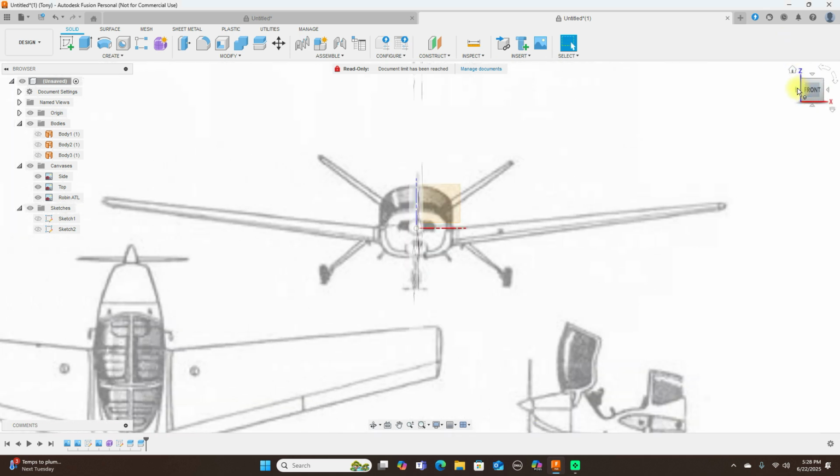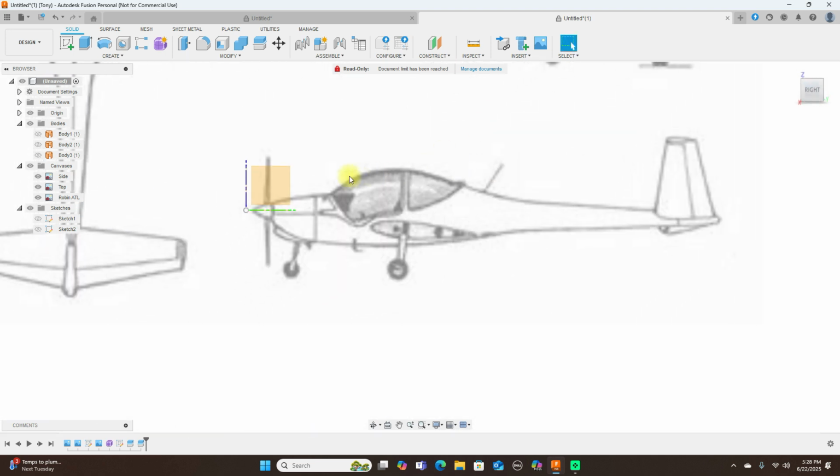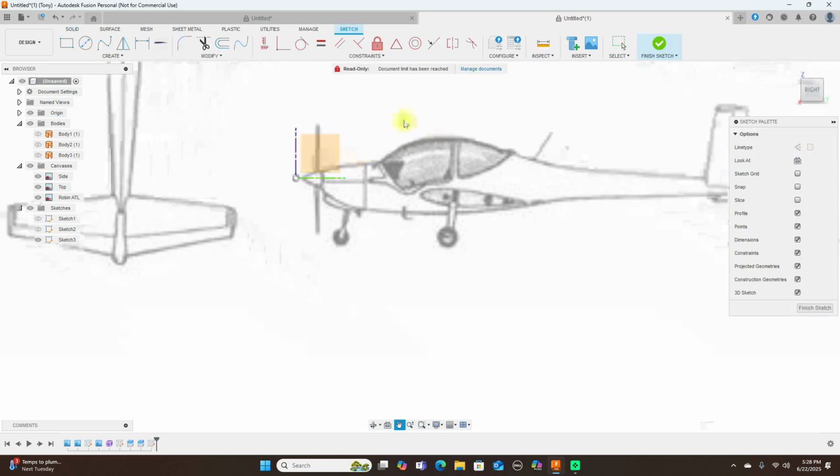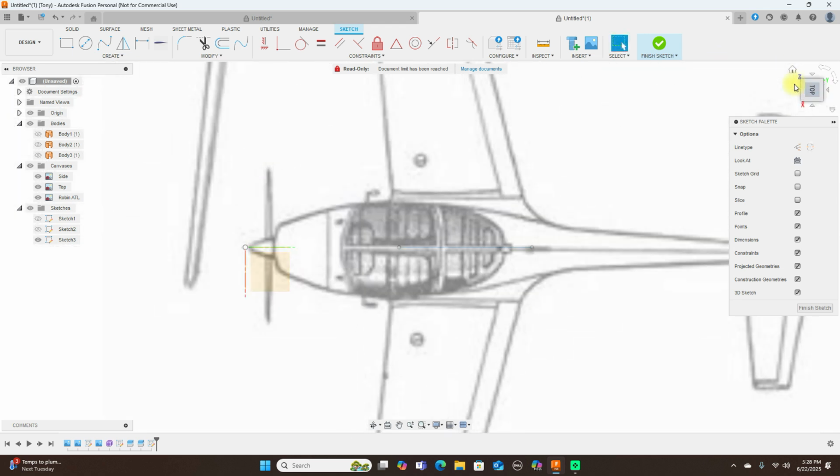Now let's do the wing. Create a sketch on this plane here. Then select the line tool. Here, back to here. Then look at this from the top. Now this here,